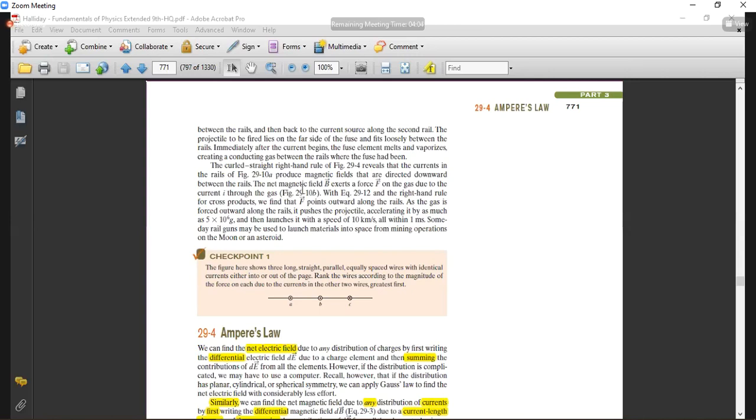क्या आज सारे सोए हुए हैं, मुझे लग रहा है। चले, मैं आगे कैरी ऑन करता हूँ। अच्छा, क्या होता है कि when you have the electric field due to the distribution of the charges, what happens is that if you want to find out the total electric field, let's suppose if I have a straight wire here, ठीक है, I have this straight wire here, so charge is uniformly distributed on this straight wire, ठीक है, so I want to find out the total electric field due to the charges on this wire, so